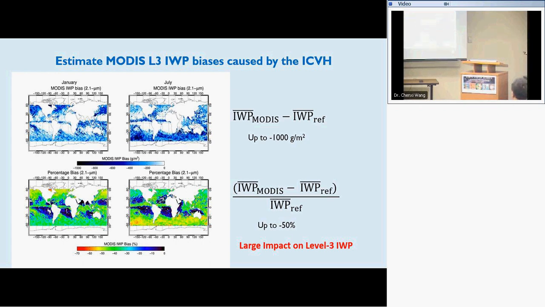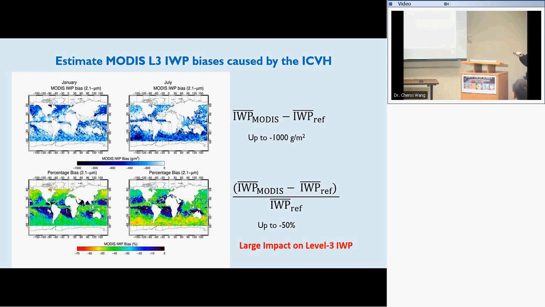For example, in January, in the northern hemisphere, you have the bias here. That's because the solar zenith angle is larger in January in the northern hemisphere. The same thing happens in the southern hemisphere in July. That's also because of the solar zenith angle issue. And it has differences in terms of